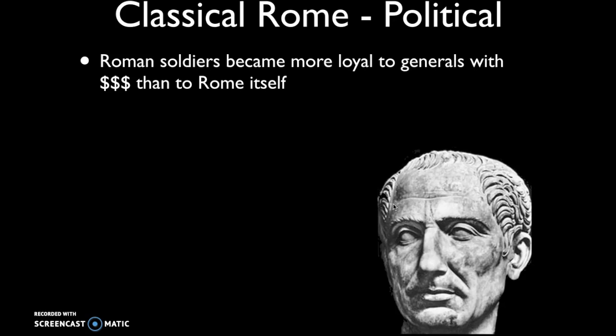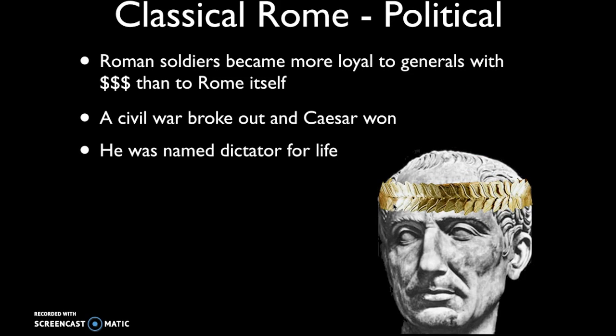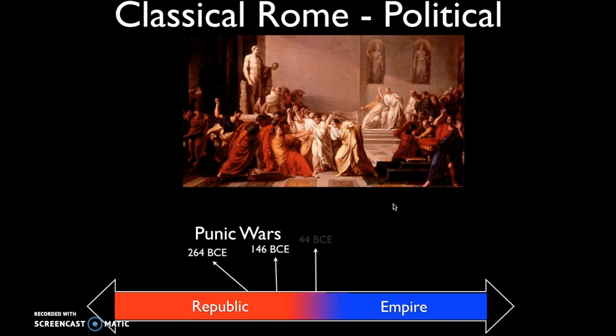And those troops, because many of them are from these conquered territories, are ultimately more loyal to generals like Caesar rather than to the Roman Republic, because ultimately it's the generals who are paying their salaries. So a civil war breaks out between Caesar and some of the other Roman generals, and Caesar is successful. He wins. And at that point, he declares himself dictator for life. He then returns to Rome, where the senators begin to conspire against him. They are concerned that he has stolen some of the power of the Senate, and they conspire to assassinate him. So in 44 BCE, Julius Caesar is assassinated on the floor of the Senate by some senators who stab him